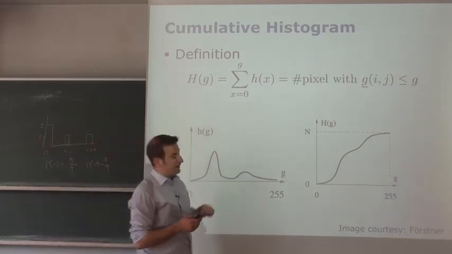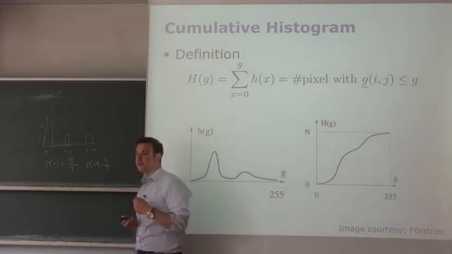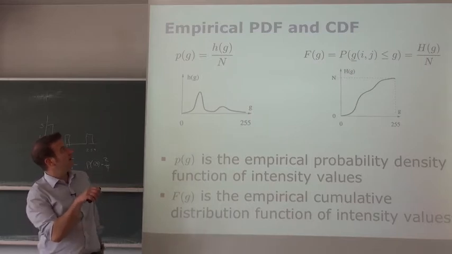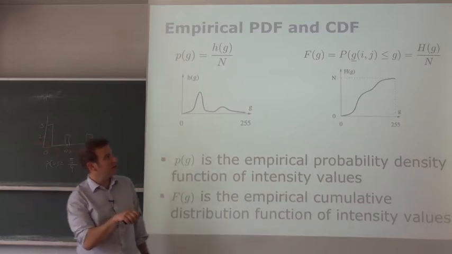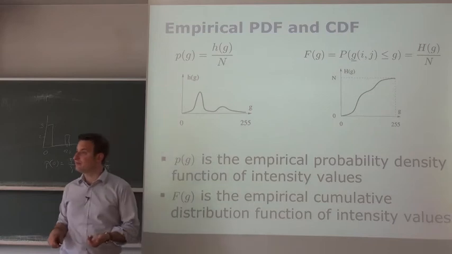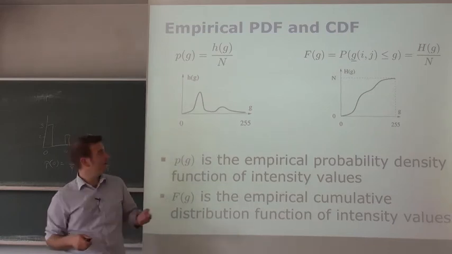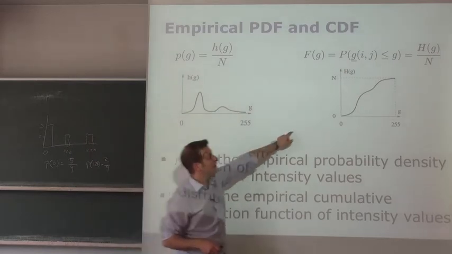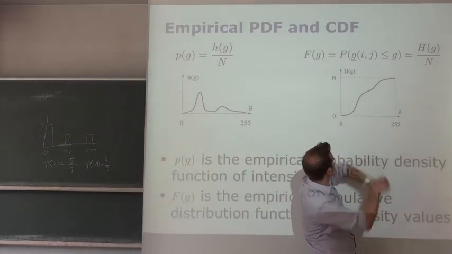We can then turn that, as we said, into a probability density function of values and also the cumulative distribution function by just dividing the histogram and the cumulative histogram by the number of elements, the number of pixels that I have. So as a result, the sum over all those values will be 1, exactly given by, this is wrong, this should be,